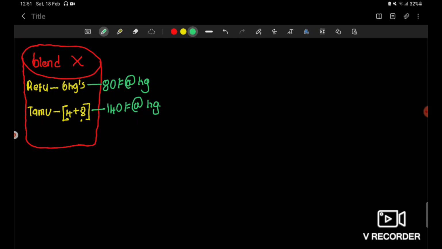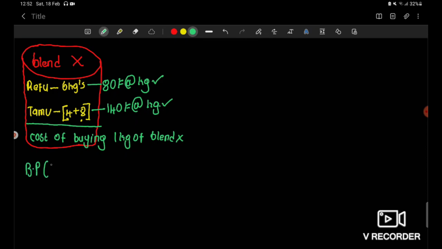So when refu and tamu are mixed, what is the cost of buying 1 kg of blend X? The way we do this, we'll say buying price of blend X,